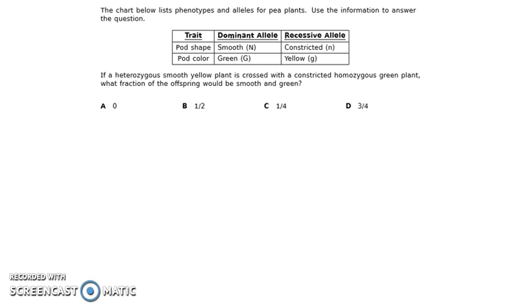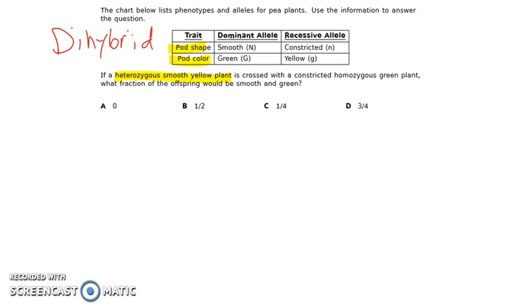We see two traits being listed here, so that gives us the clue already that we are going to be solving a dihybrid. So that means we'll have to do the FOIL method and all that good stuff. Luckily, the key is already given to us, so we first just need to figure out our parent genotypes. So we have a heterozygous smooth yellow,